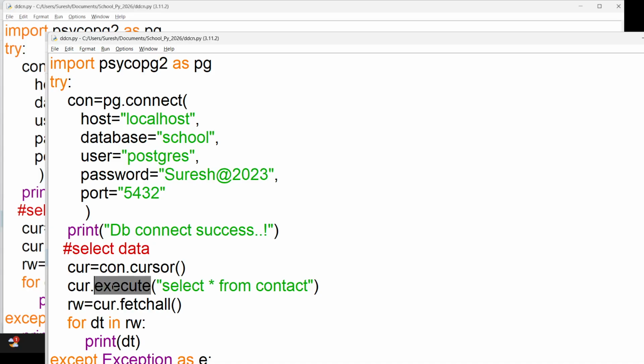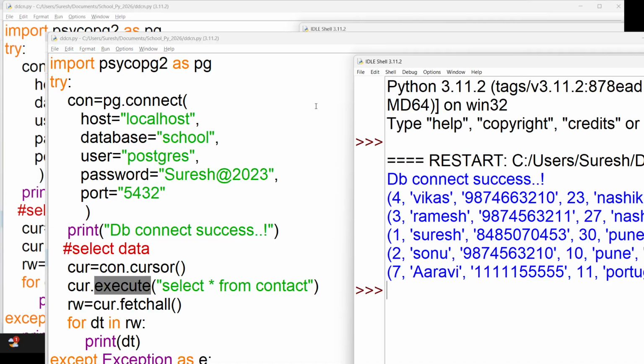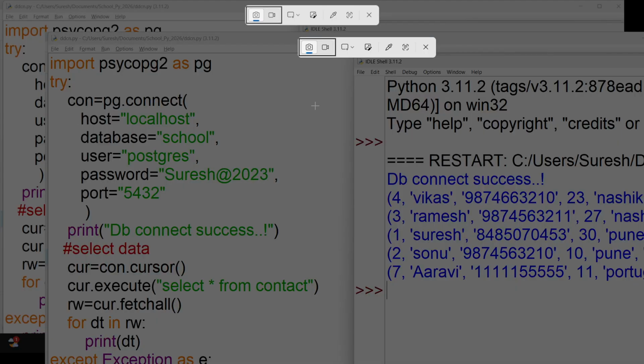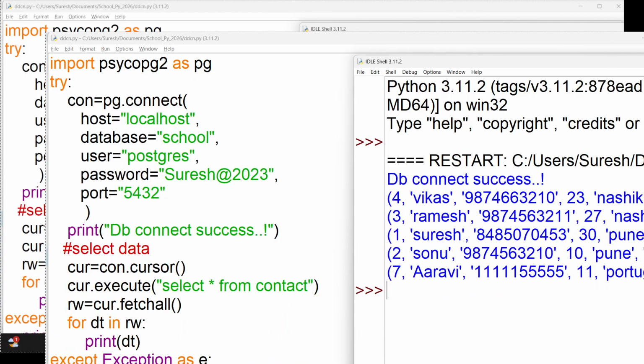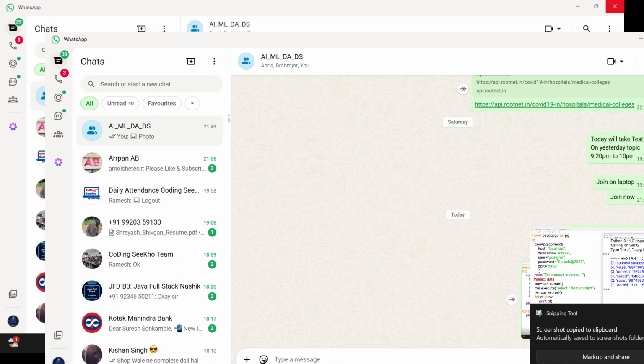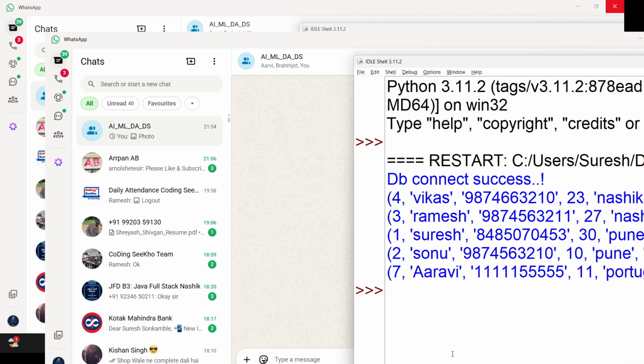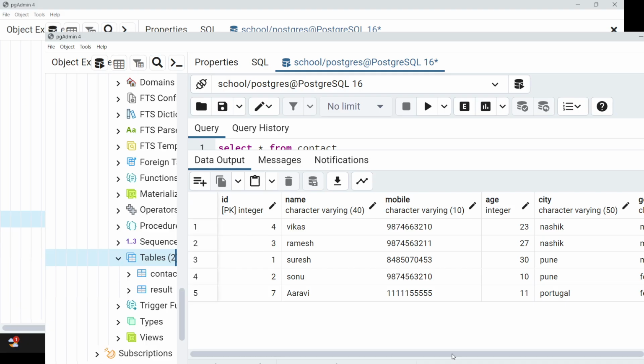Fetch all is a function which fetches all the records from the database, and we can apply the for loop on the raw data, selecting and extracting one by one. So this is how we can write the SQL query. In place of select star from contact, you can perform any kind of SQL query.